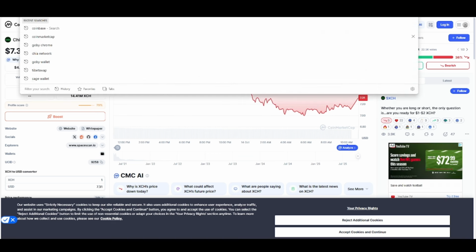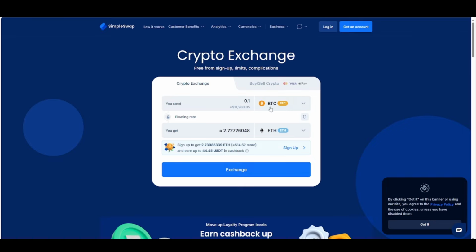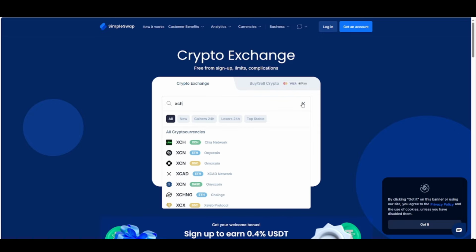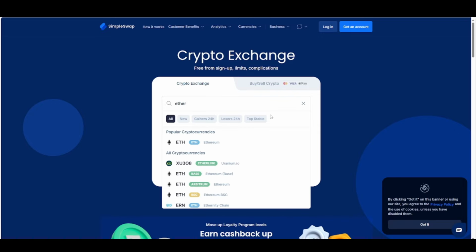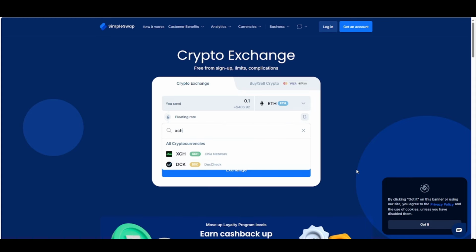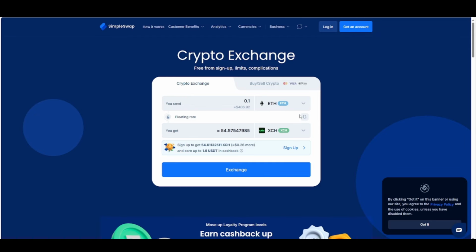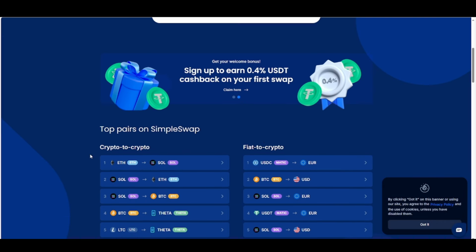There's also places like SimpleSwap that you can go to buy with one crypto for the other. You can be like, let's say you already know how to use Ethereum network and you have your Ethereum, right? You can exchange your Ethereum for XCH on this website and get a significant step missing. Like you don't have to go KYC and be on a centralized network and show that you're making these purchases. You can be on this where it is non-KYC, know your customer, and you can see the exchange